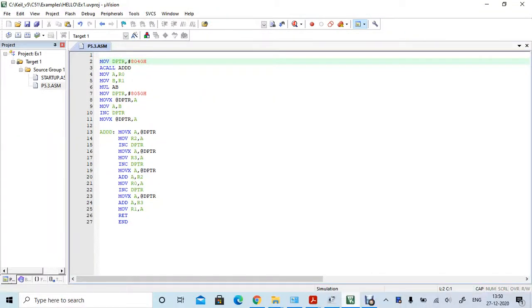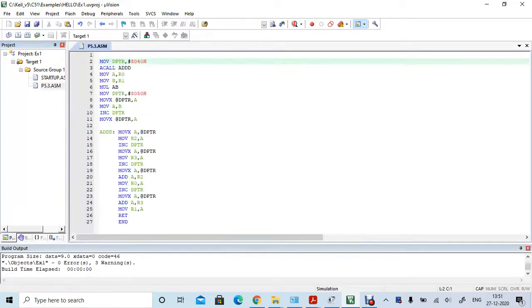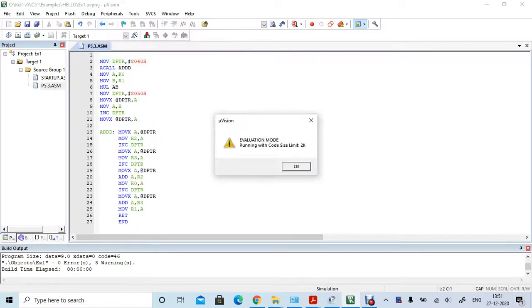Next program is to solve the equation z equal to x1 plus y1 into x2 plus y2. So we have the program typed and saved and the program file is added to the project folder. So build the target by clicking the program file and pressing the F7 key in the keyboard, and then go to debug, start stop debug session.